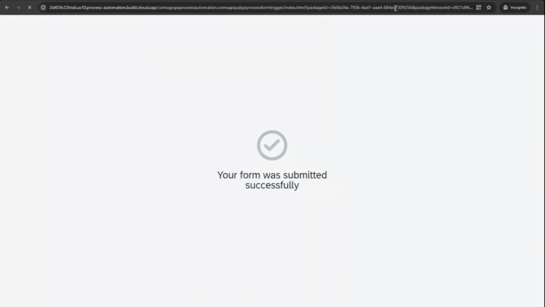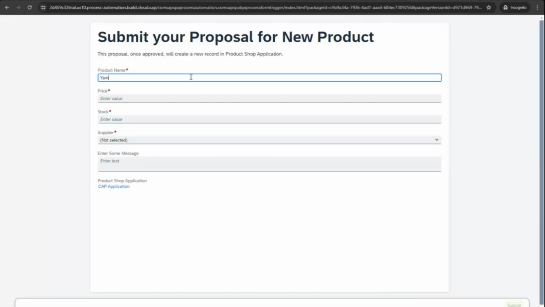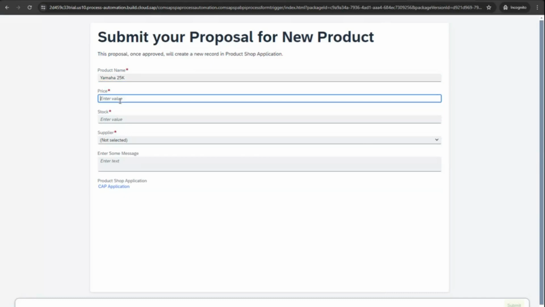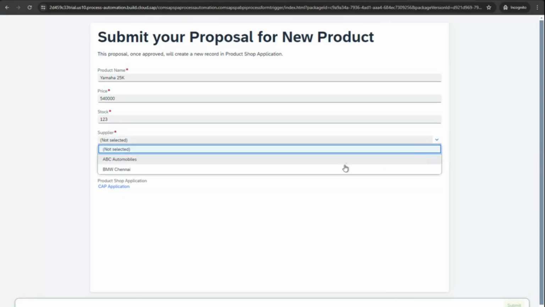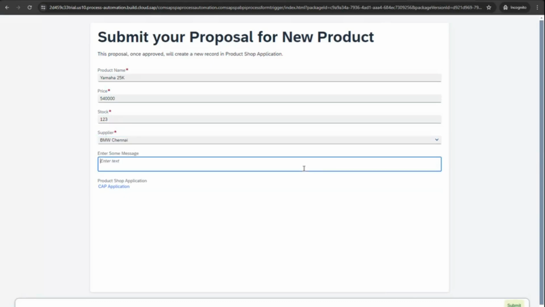Now, I'm going to go via the other process. That I'm going to go to Yamaha 250K, Yamaha 250K. Price is whatever is there. Stock 1215. Supplier BMW Chennai International, please do the approval. Now, this person will be thinking that I'm the supplier BMW, I have to approve it. Somebody has to approve my product. He submitted it. Now, tell me,